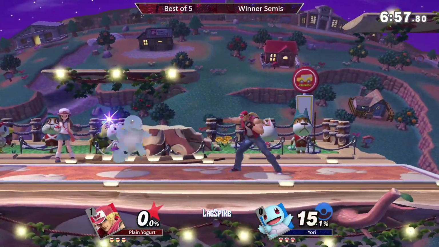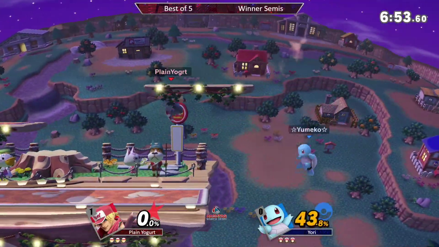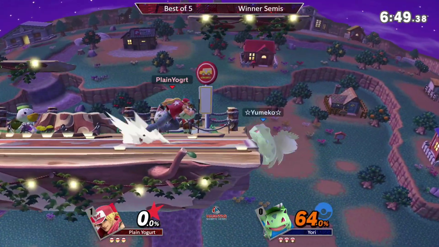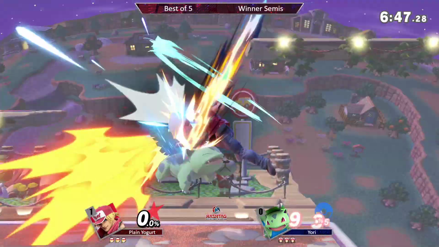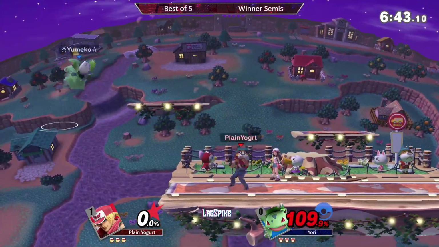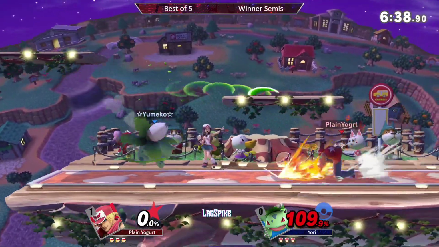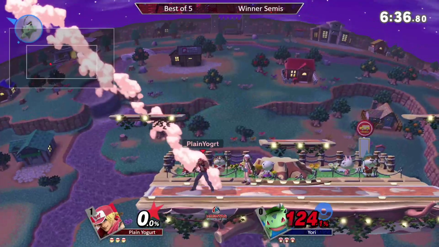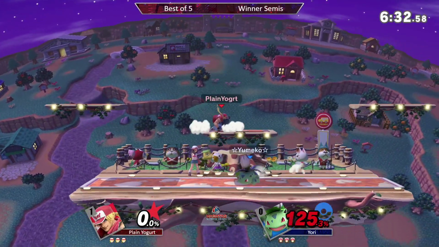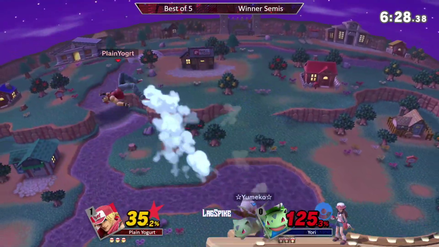I think Yori did a very, very good job of getting an early lead, especially with the way that Squirtle can convert on kind of heavier, fast-falling characters. But Plain Yogurt, right out the gate, is getting some really solid hits in, so far 93% unchallenged. I'm wondering what Yori's going to try and do, because he knows that he can't play within Terry's range. That's where Terry is scariest, and he can't really approach either. So I'm wondering if he's going to attempt to adjust to a lot of the way that Terry likes to